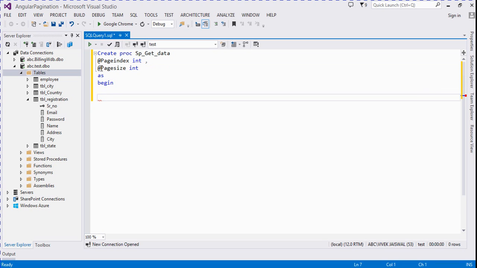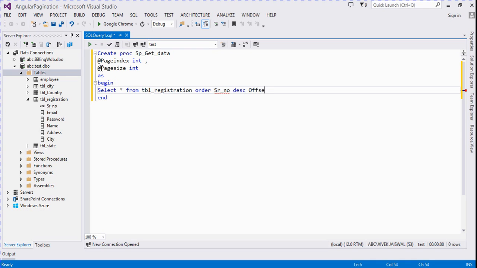As begin, select star from tblRegistration order by serial number DESC, it's a descending order,